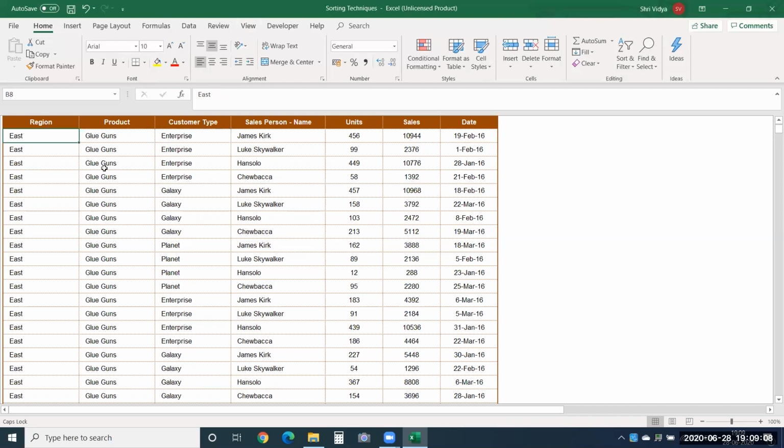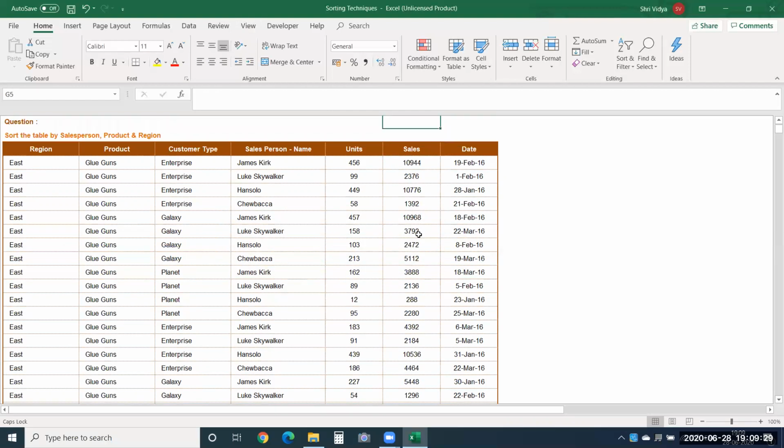Now, if any one part of this record is changed, that means the information is wrong. So you need to be really careful. That's the reason you need to select the entire data even before you sort it, so that all columns are considered while sorting your data. So that's the thing you have to keep in mind.